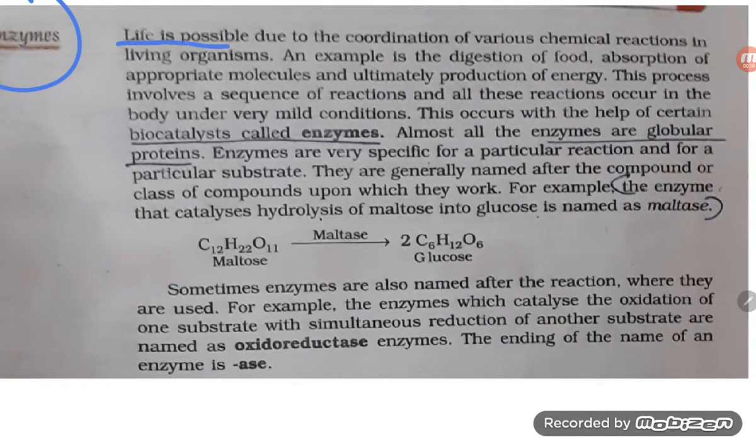Life is possible due to the coordination of various chemical reactions in the living organism. There is so much coordination between the various reactions happening inside the body. That is why life is possible. An example is the digestion of food, absorption of the appropriate molecules,